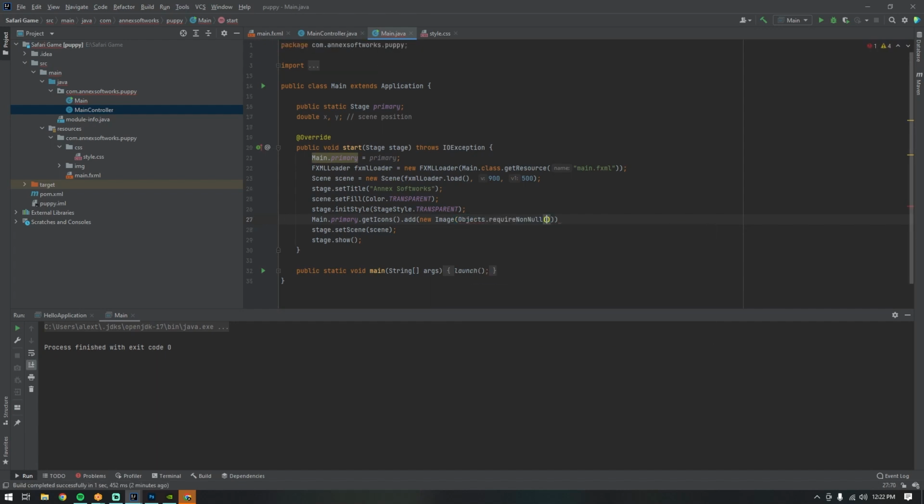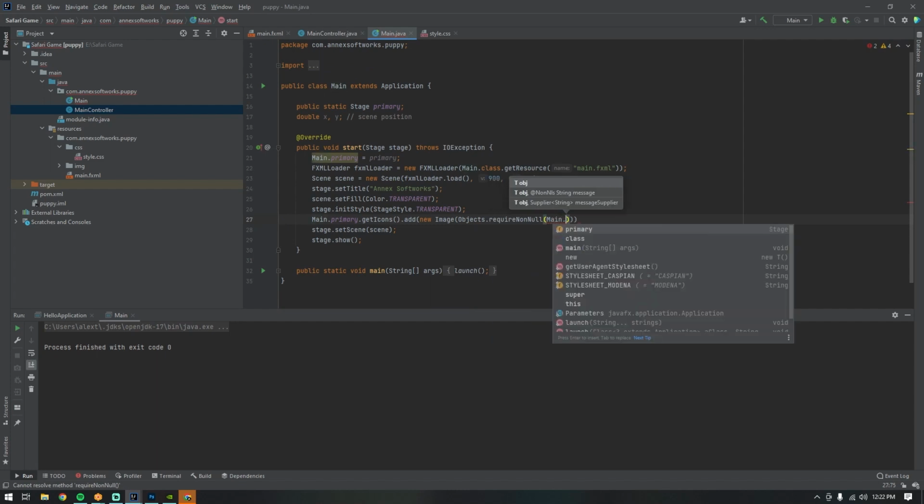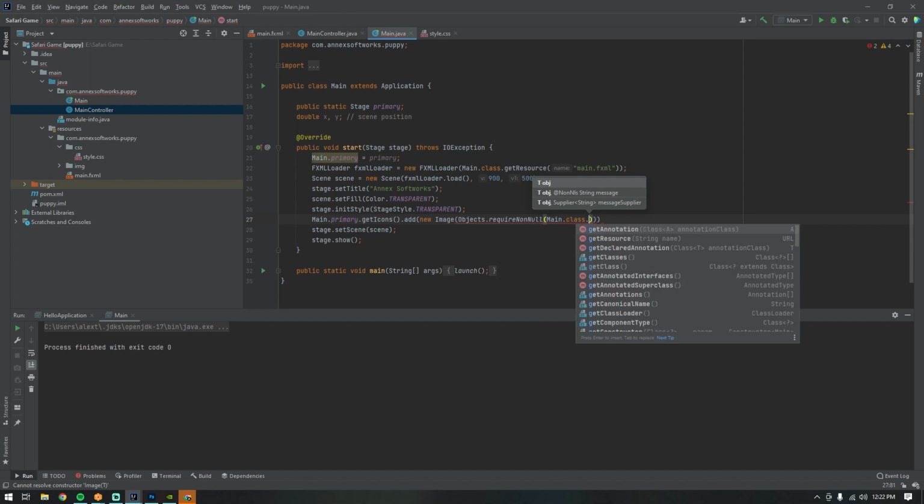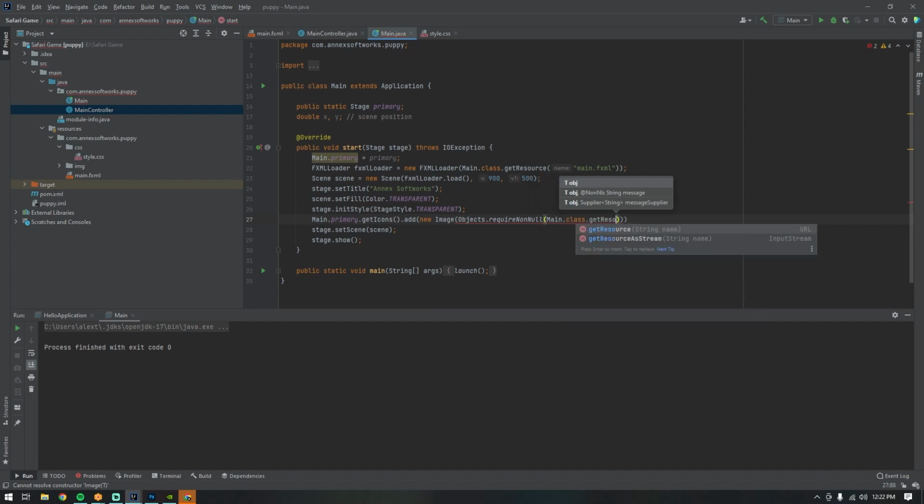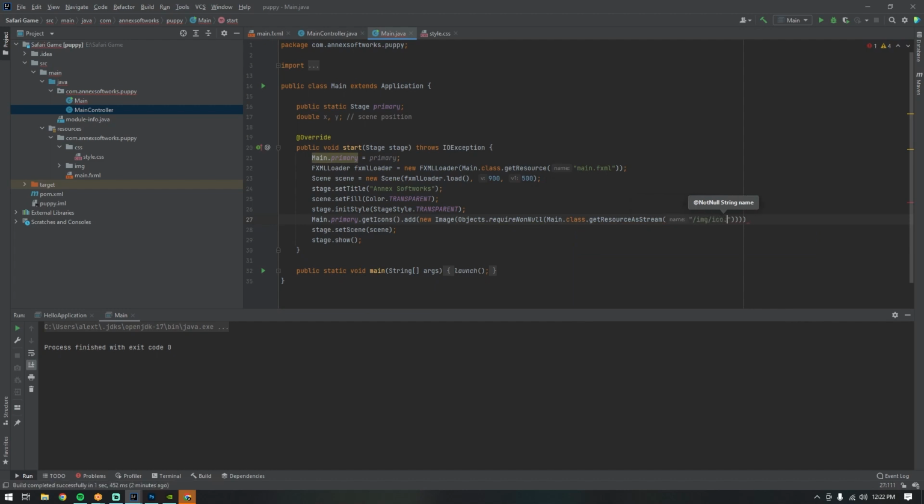The code you need to be worried about is stage.getIcons().add(new Image(Objects.requireNonNull(...))), which means your program's not going to run if the icon's not where it's supposed to be. And we'll just call that location, and if we run it,